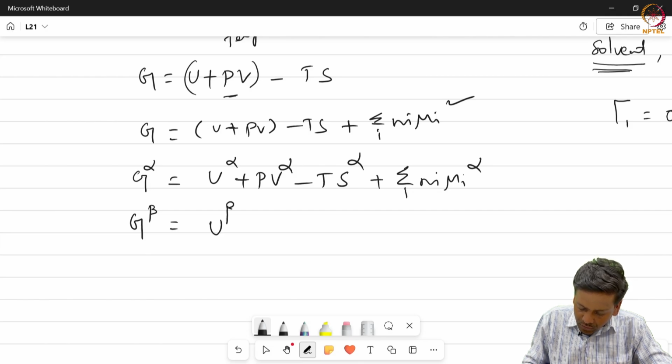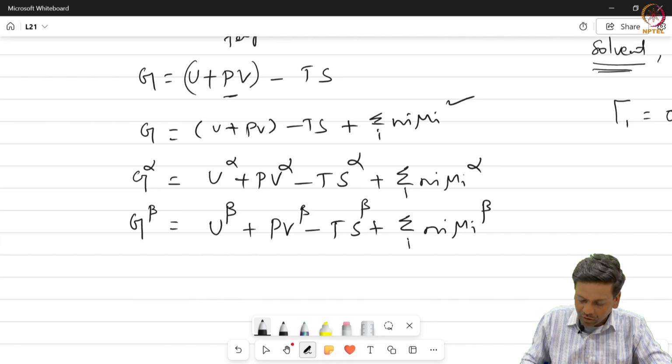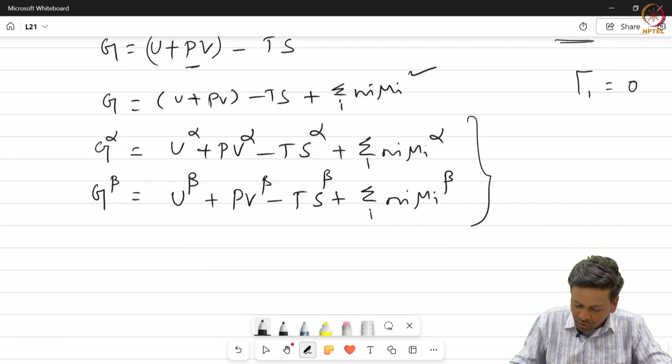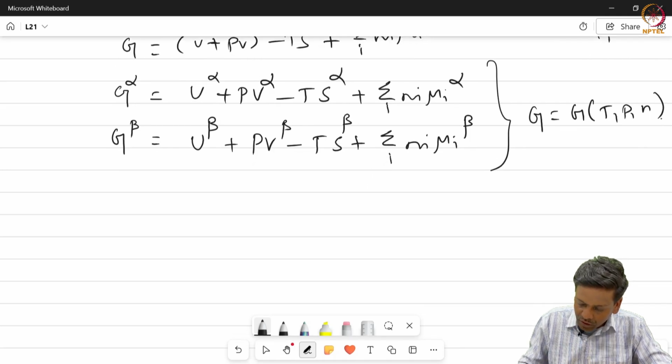So you have U beta plus PV beta minus TS beta plus summation over i of n_i mu_i beta. If you look at these two cases, G is a function of T, P and N. Based on this you can write the Gibbs free energy equation for these bulk phases,